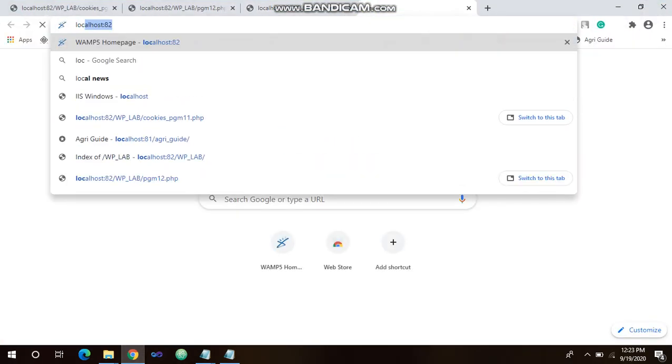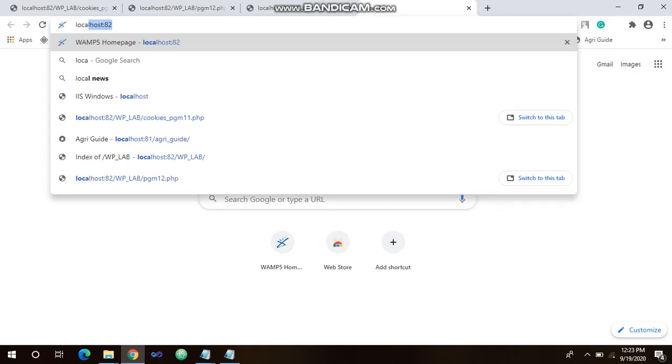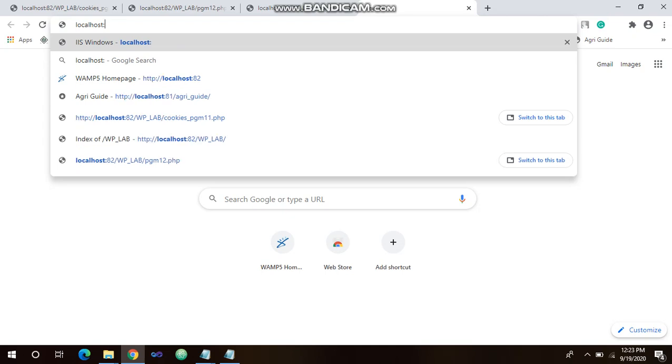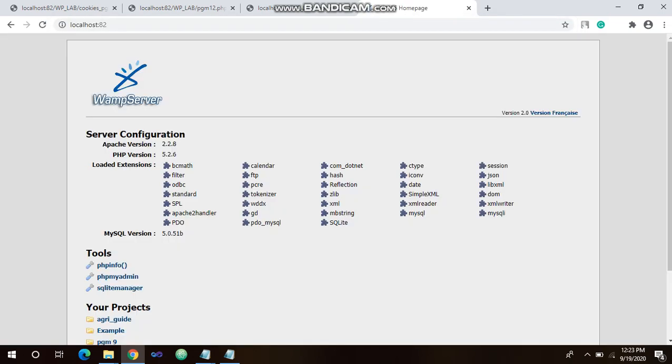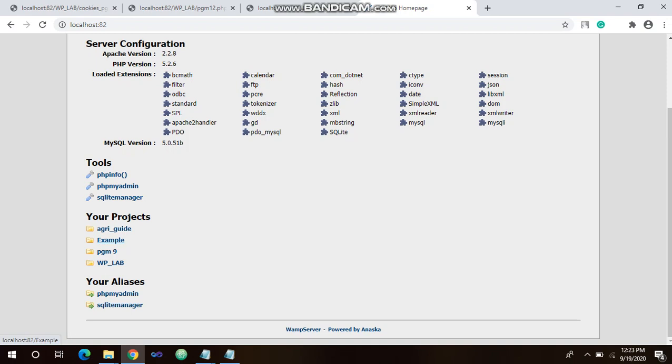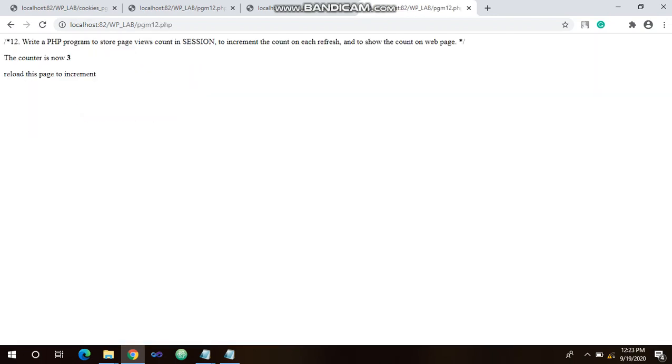So how you are going to start your server, I have already told. Just put localhost, colon, the port number. So you can take any port number, 81 or 82, prefer 82. Okay, because 80 is occupied by Windows, 81 is occupied by Oracle, so 82 you can take. So here you will see that your files are visible. So the www folder files are visible over here. So I have stored my program under this, right? So once I go for pgm12.php, it will execute.